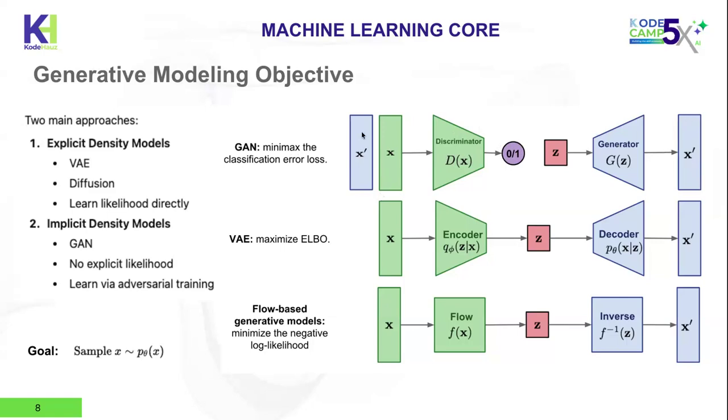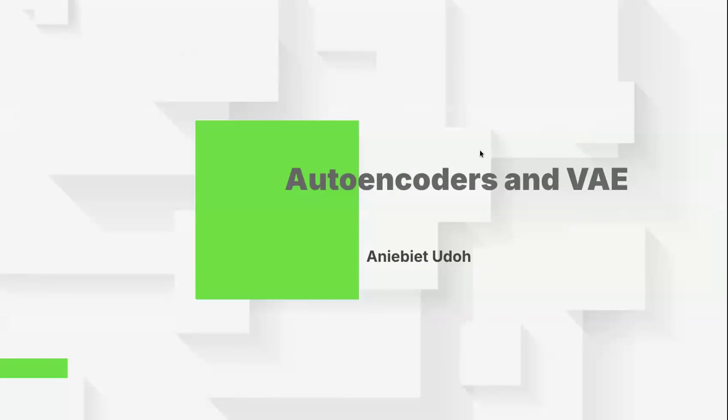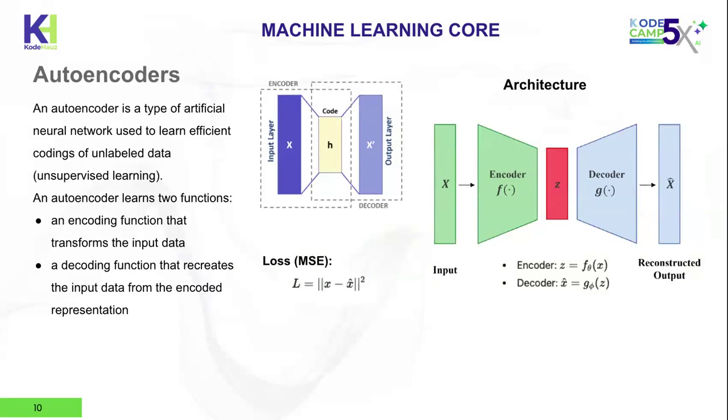So effectively, the discriminator is comparing the actual data against what the generator has generated and gives a score. And then the generator is trying to optimize this score, minimize this score, by generating something that is as close to real as possible. So these are examples of how they work. We are going to look at autoencoders today, and then we'll look at GANs when we come back